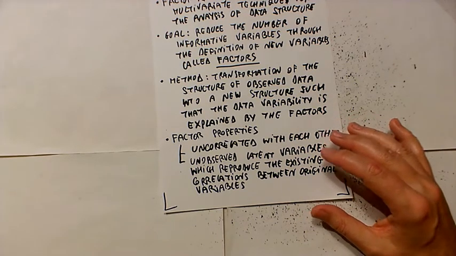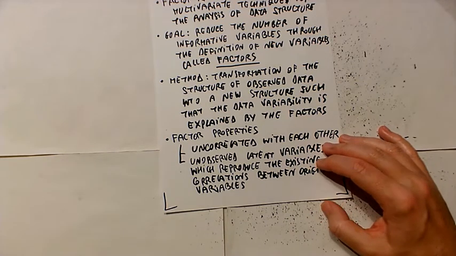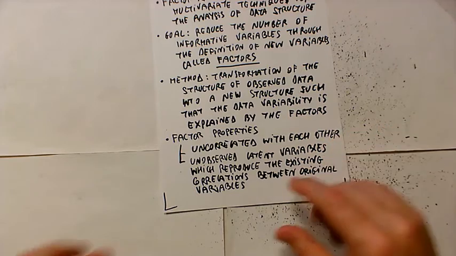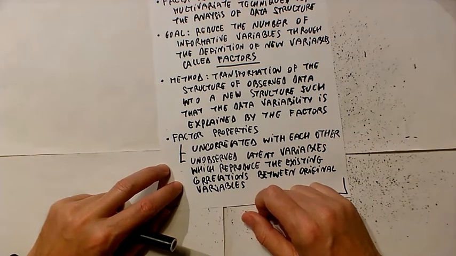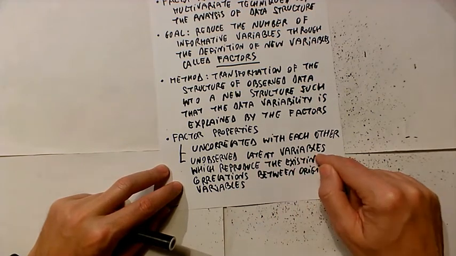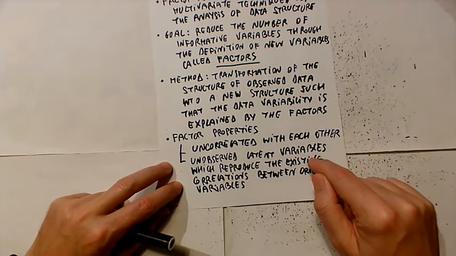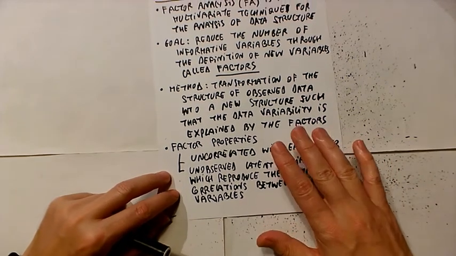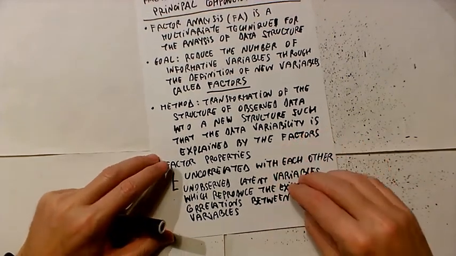So the new concepts, cleverness or capacity in logic or others, are indirectly observed because basically they are unobserved latent variables. In many cases, when we apply principal component analysis or factor analysis, we don't know